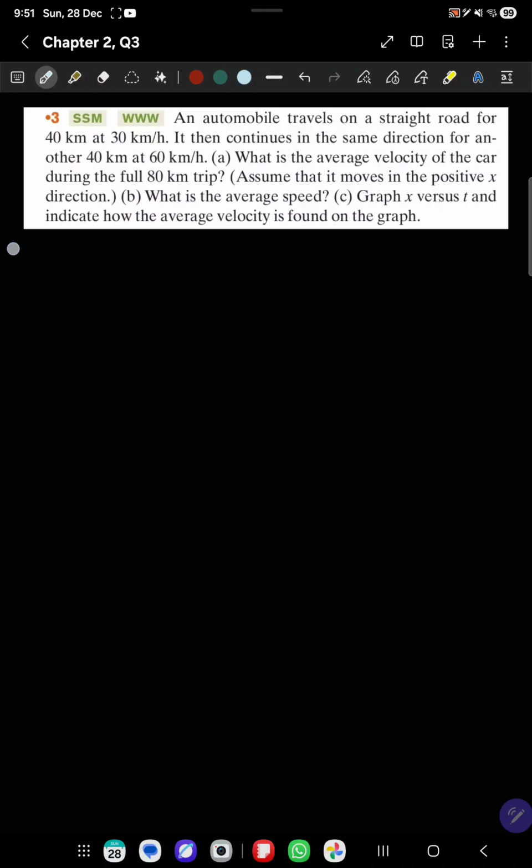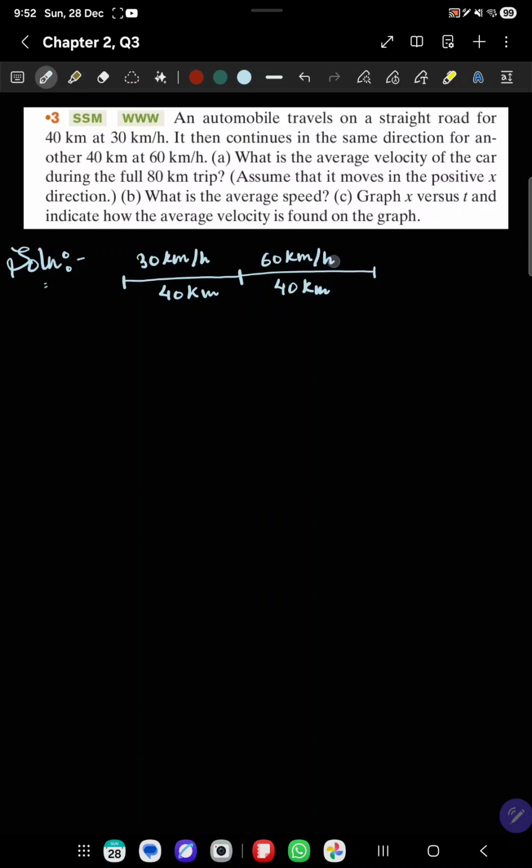Okay, so let me draw what's actually happening. So this is the first 40 kilometer which the automobile is traveling with 30 kilometer per hour. This is the next 40 kilometer which it is traveling at 60 kilometer per hour. Now for the average velocity,